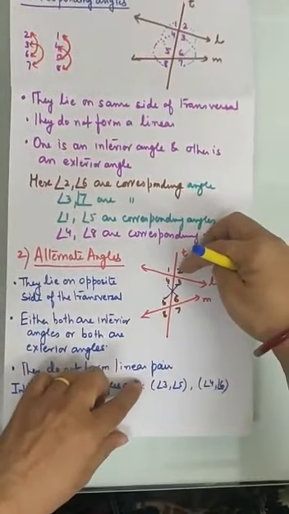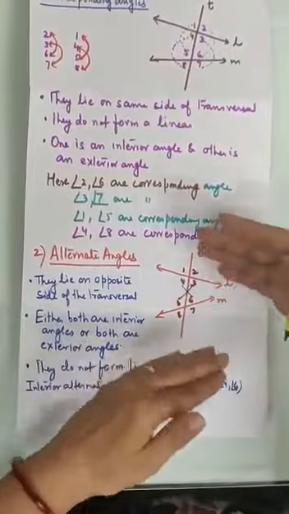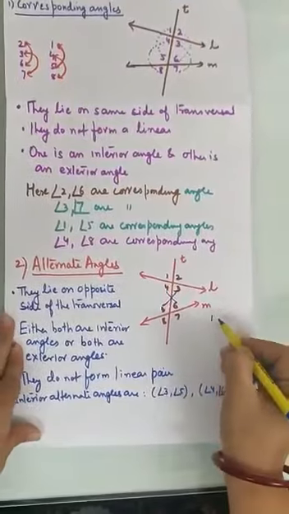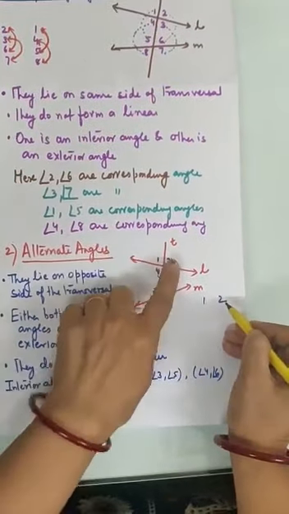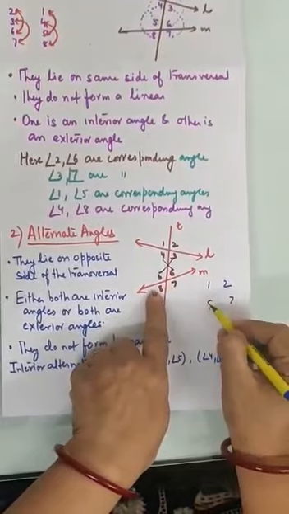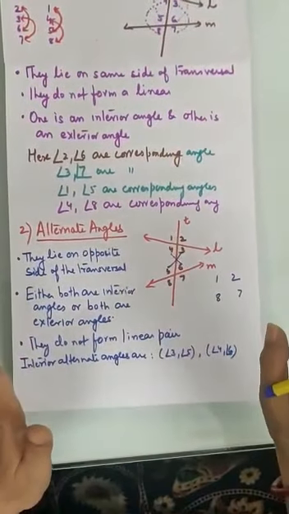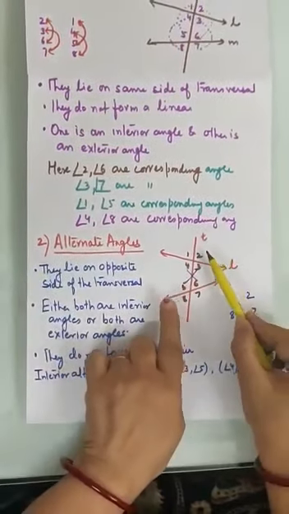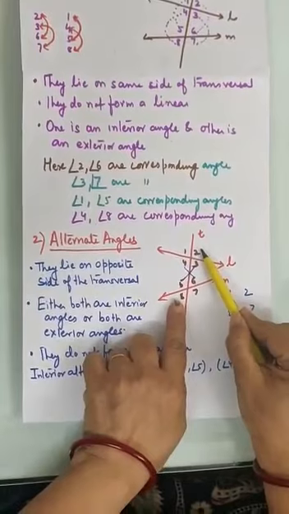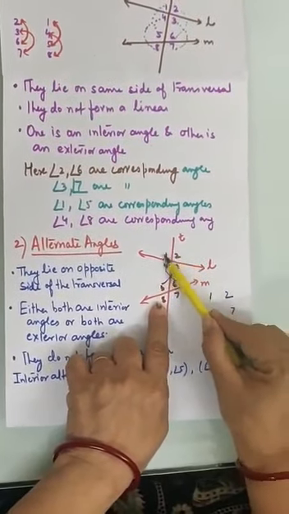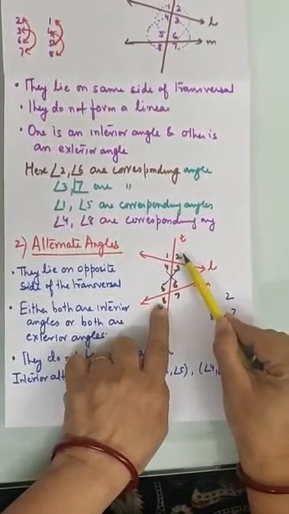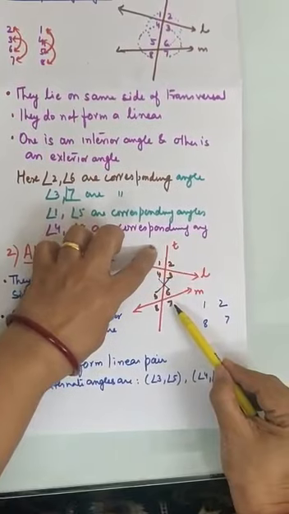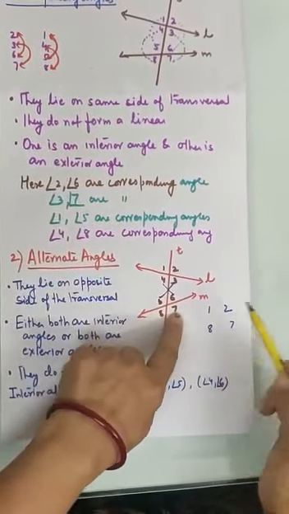Now see here, 2, 1, 7, 8, they are outside. So 1 here, 2 here, 7 is here, and 8 is here. So we have to see on opposite side. So opposite side is 2 and 8, because we cannot take 2 and 1, linear pair बन जाता है. So we will take 2 and 8. Similarly, we will take 1 and 7. 1 and 2 we cannot take, linear pair बन जाता है, इसलिए we will take 1 and 7.